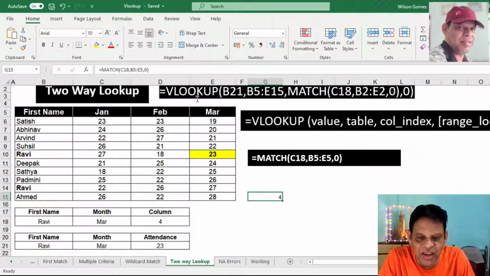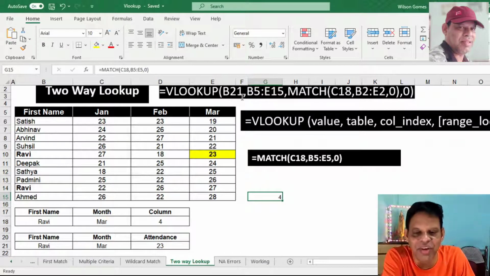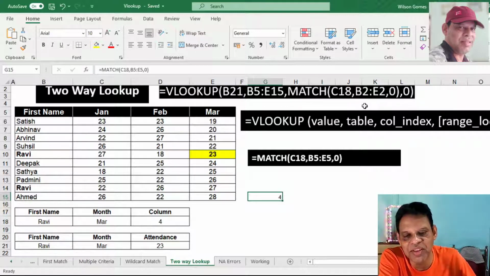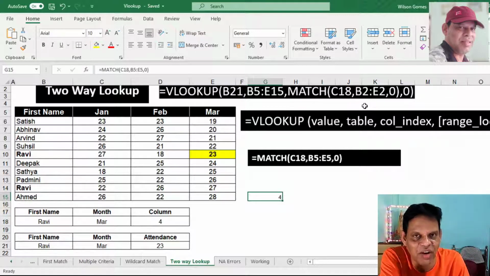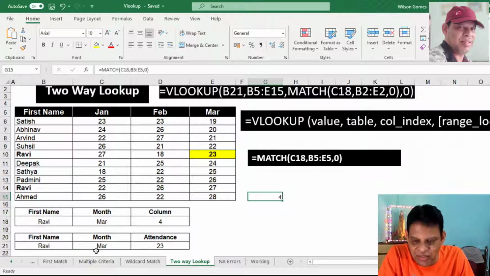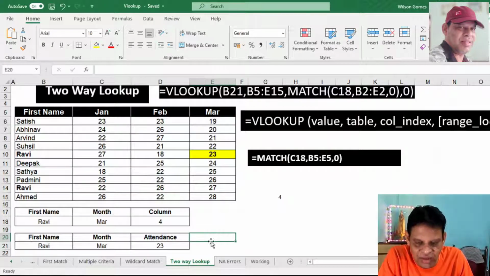So same way, standard syntax for VLOOKUP will be there here up to here. Then I have to tell which column. When there are columns, 50, 60 columns, and I want to find out particular column, I need not count. I have to tell what is the match. Okay, I will give you an example for this Ravi. What is the attendance for the month of March using that complete formula now.